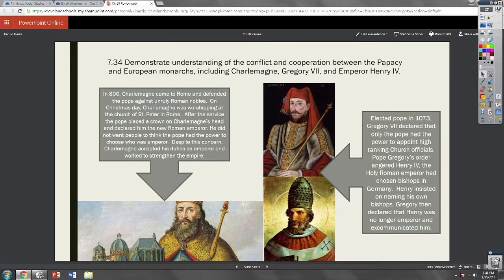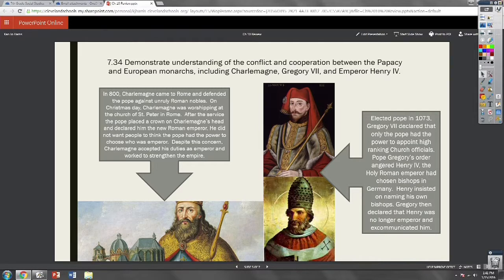734. Demonstrate understanding of the conflict and cooperation between the papacy, which is just a fancy word meaning the Pope, and European monarchs, including Charlemagne, Gregory VII, and Emperor Henry IV. First, we are going to look at the relationship between the papacy and Charlemagne. In 800, Charlemagne came to Rome